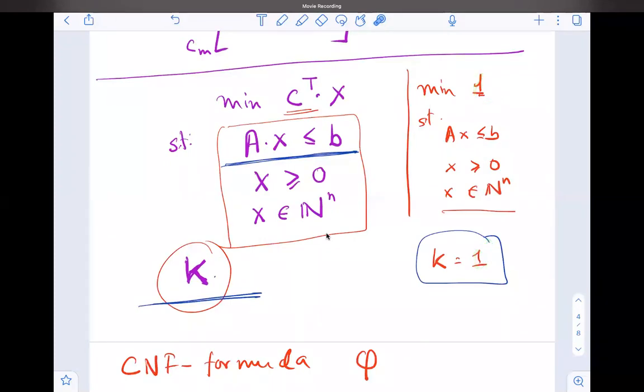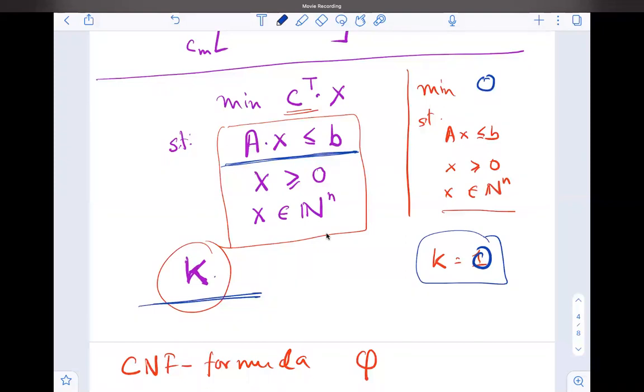Oh, so then there is no minimization problem, right? It's a minimum problem. Or we're looking at C transpose X has to be less than or equal to K. So there is no minimization. C transpose X is less than K. So I will output 0, and the question is that K equals 0: is there a way of solving X such that the output of the ILP is less than or equal to K? Okay, so that's how the minimization thing happens.